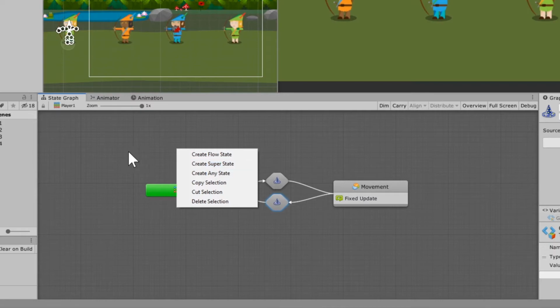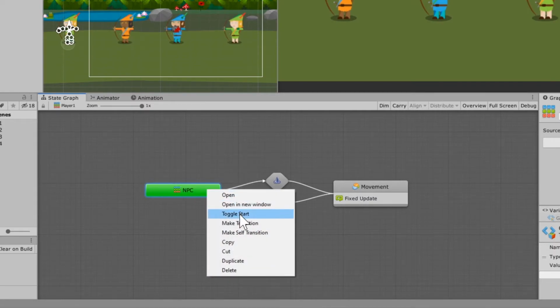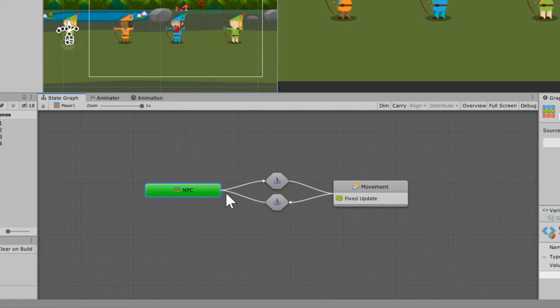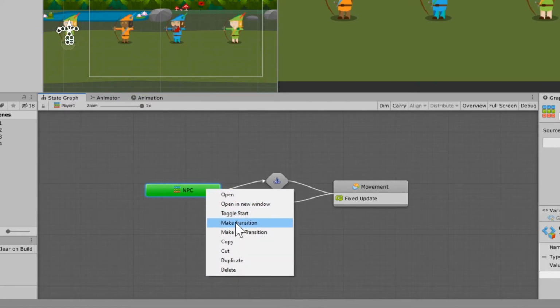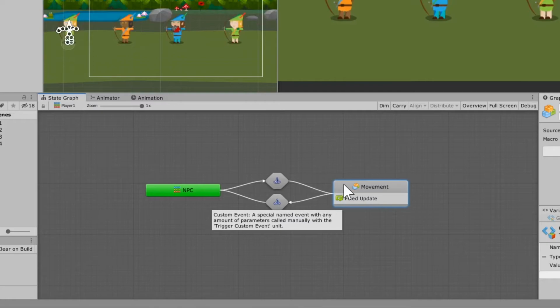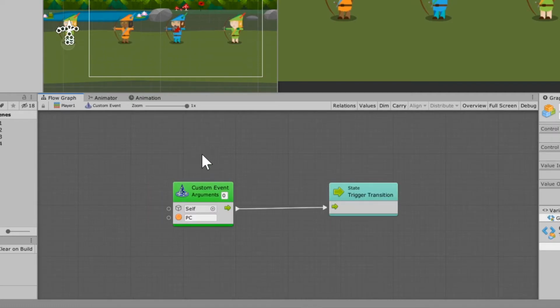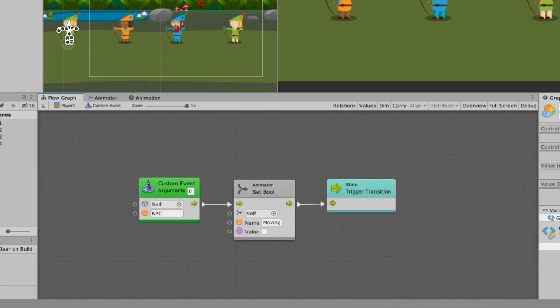I right-clicked and created a new super state called NPC. I then right-clicked on that and hit toggle start, because that's what it's going to start with. And then I right-clicked one more time, and I made a transition from NPC to movement, and then I right-clicked on movement and made one more transition from movement to NPC. From the NPC to movement macro, the transition there, I just set up a custom event called PC, and then I triggered the transition, and from this one, I named that one NPC, and there's one thing that we want